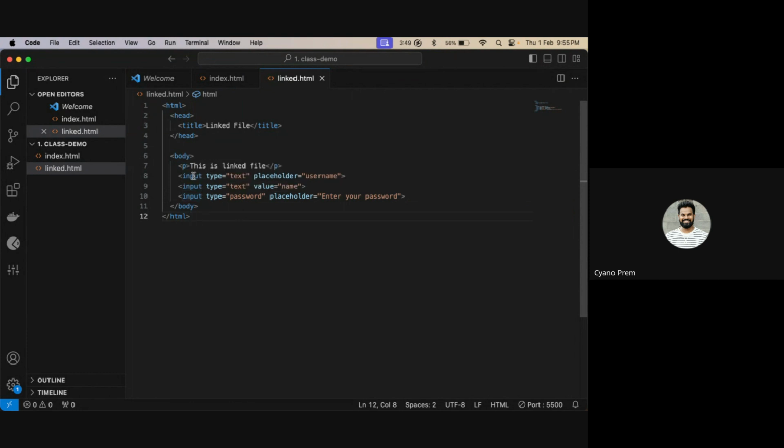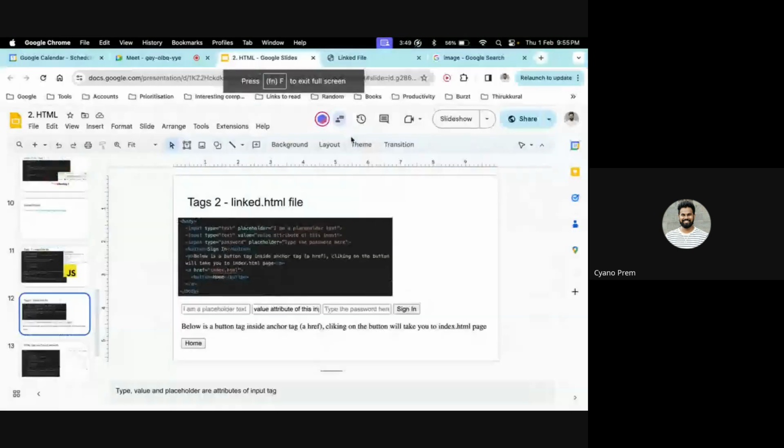The first one is input type text and placeholder is username.